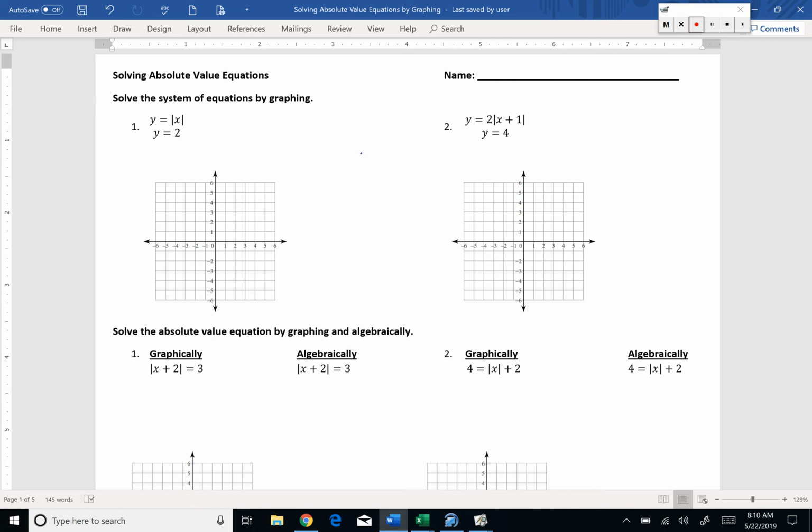You guys have solved equations before, but they were all linear. They just had a plain old x in them. Not an x squared, not an absolute value of x, just plain old x. We've done a bunch of that. Now we need to start solving equations that involve absolute value. So to start off,